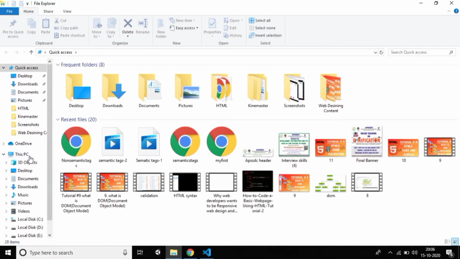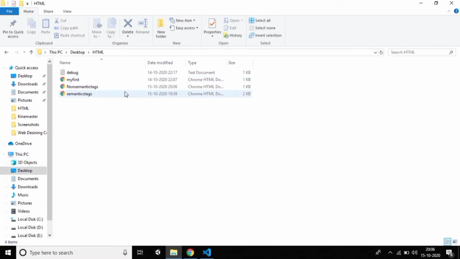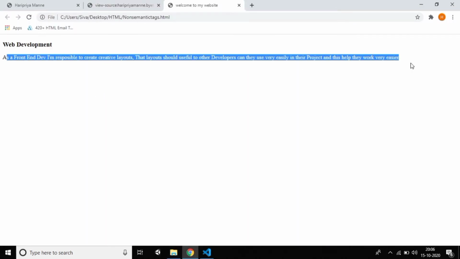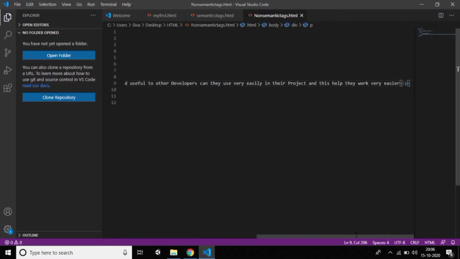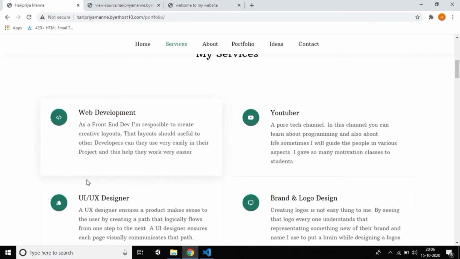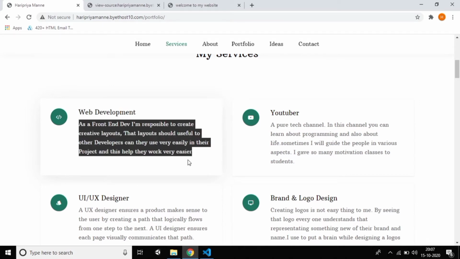So I'll go to the desktop HTML, which is the non-semantic tag file. You can see web development as a front-end developer. I wrote this by using the div tag. Generally where the div tag is really useful, I'll explain. You can see this is one card, like a box structure. In that card we have a logo, so it is one division, and this web development is in one division, and this paragraph is in one division. So you need a structured way, so the content should be